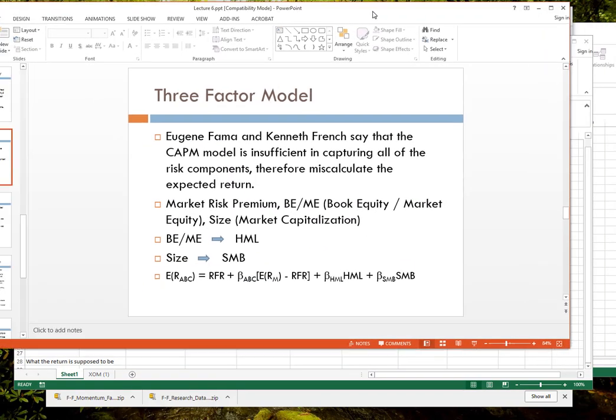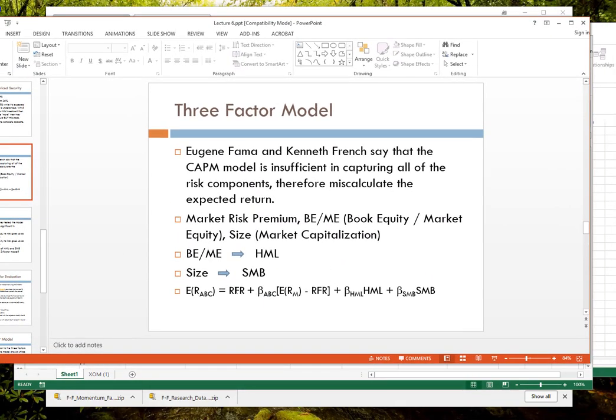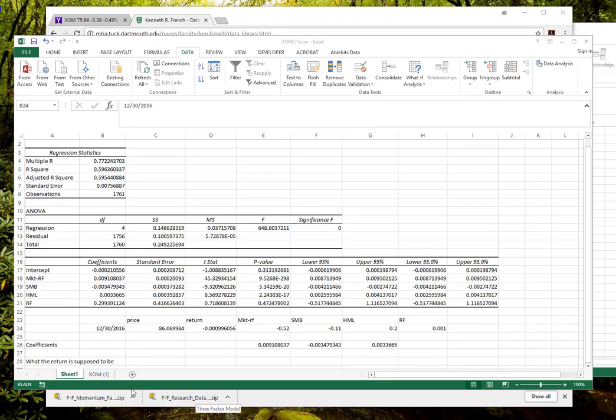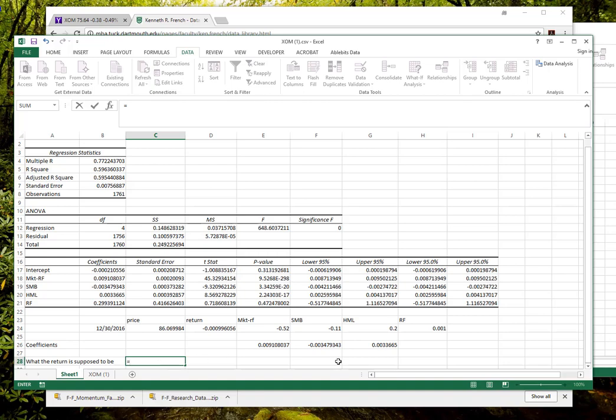Let's look at how I calculate a model. Risk-free plus coefficient multiplied by the actual factor plus coefficient multiplied by actual factor plus coefficient multiplied by actual factor. So I'm going to be doing the same thing. So equals the risk-free rate plus